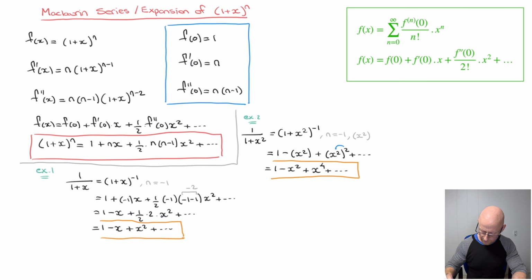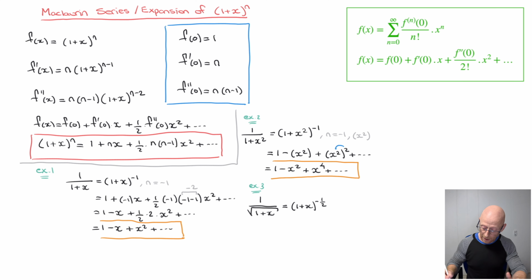Okay, let's look at another example, example 3. And this time, instead of having a negative integer as a power, I'll go ahead and come up with a fraction. And so let's say we need to find the Maclaurin series for 1 over the square root of 1 plus x. Okay, well again, the whole idea here is for us to be able to compare this to 1 plus x in parentheses raised to the power of n. And so for that, I'll start by rewriting this as 1 plus x raised to the power of negative 1